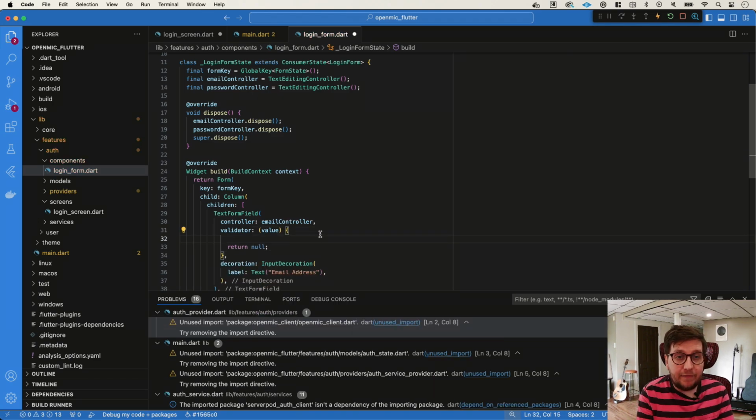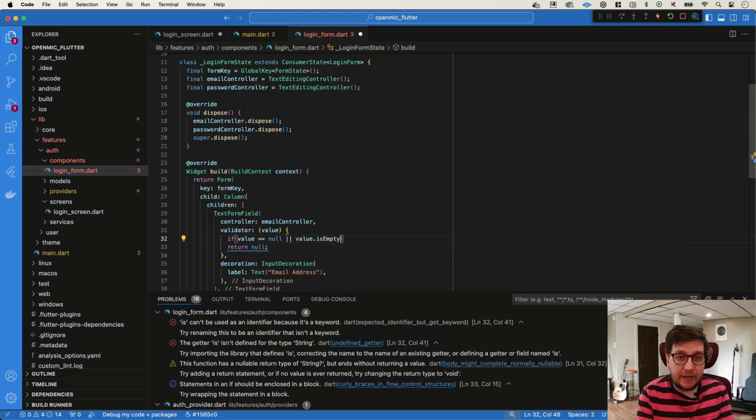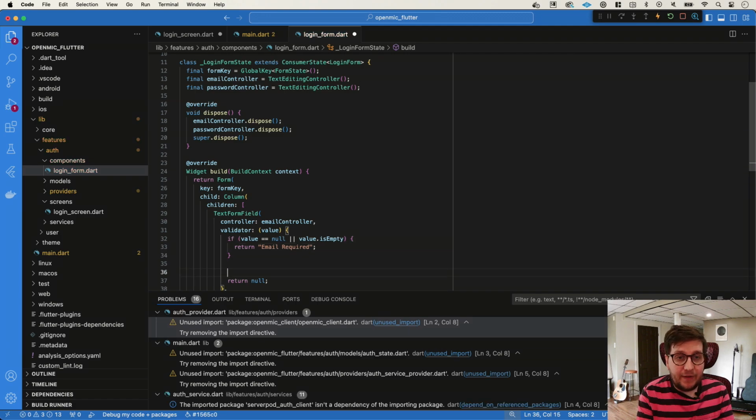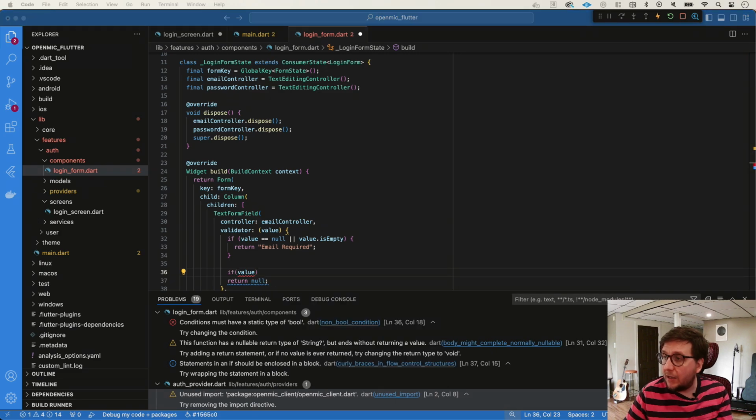So first of all, we can check if value equals null or value.isEmpty. We can return a message that says email required. Now, if value is not a valid email address, we might want to do something as well. So for this,